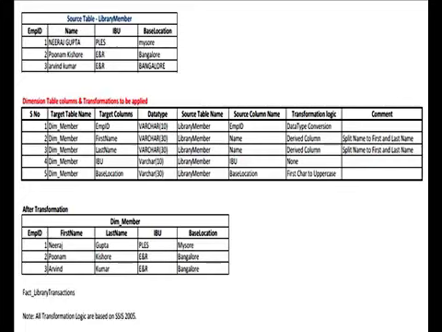For employee ID 1, the name Neeraj Gupta is now split into first name having value Neeraj and last name with the value Gupta, and IBU stored as PLES and base location as Mysore with M as capital.